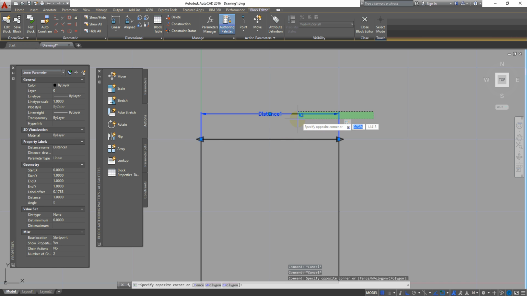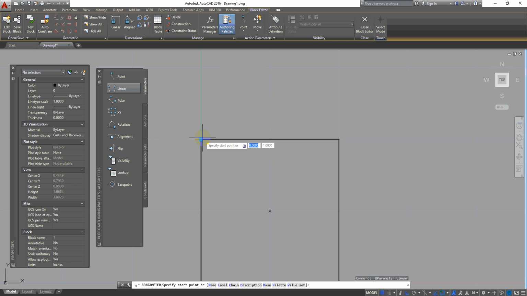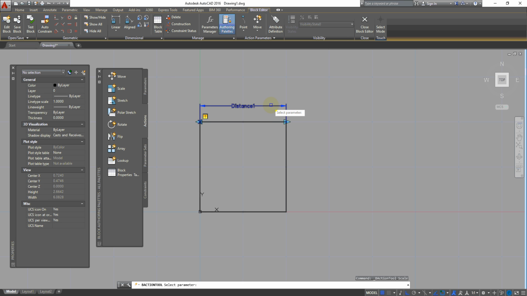To be clear again, let me just delete this and once again put this linear parameter, specifying the start point here and the end point here. So this was my start point, and the scale action tends to behave as if the base point for the scale is this. Now if I go to this action and associate scale action to this parameter and select this object, enter,